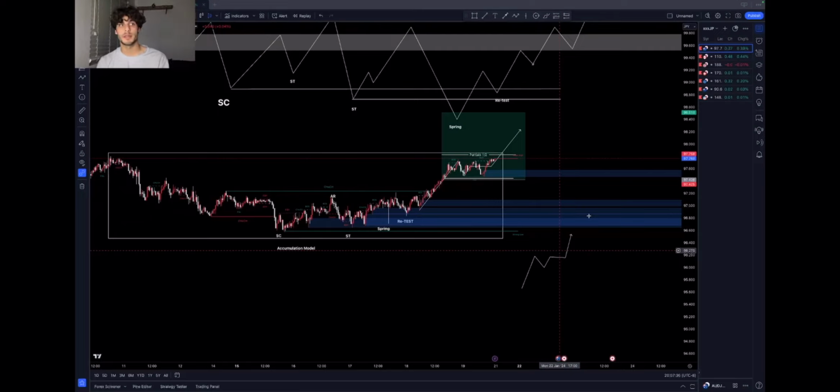So that's basically how the Wyckoff accumulation model plays out, right? You could go deeper into phase A, phase B, phase C, phase D, phase E, right? You could. I think the big thing in trading is taking what you think works, right? Saying like, okay, I see the spring play out in a lot of models, like a long wick, meaning there's a lot of buying pressure, a lot of selling pressure, and that could be considered your spring, right? And then you wait for a retest of the spring